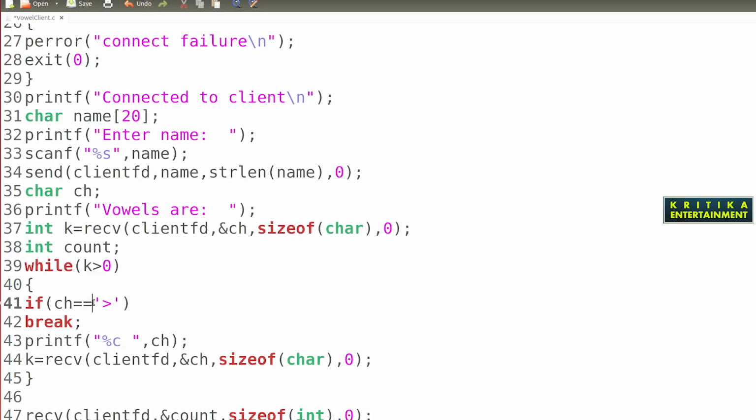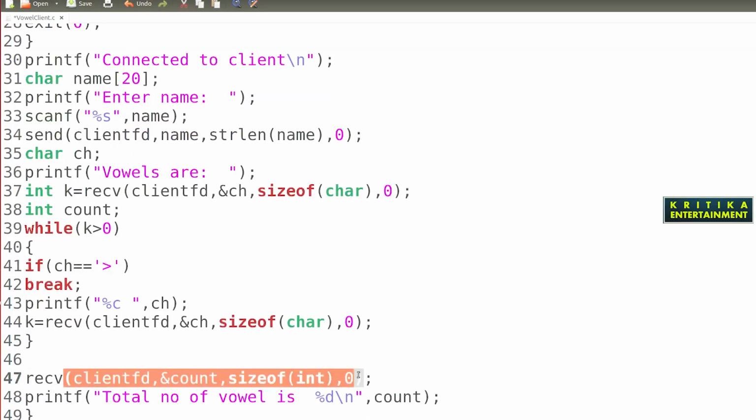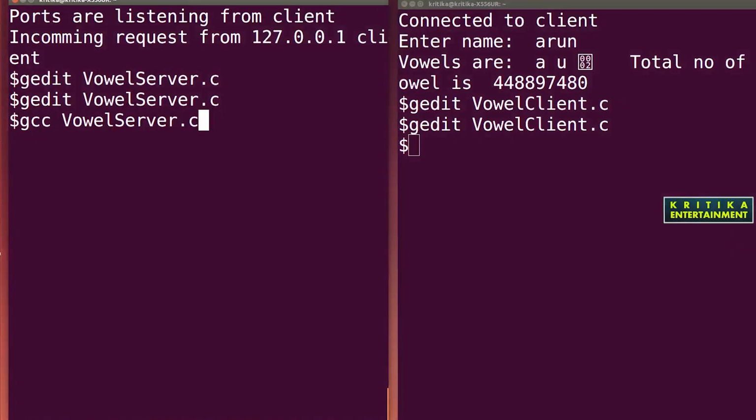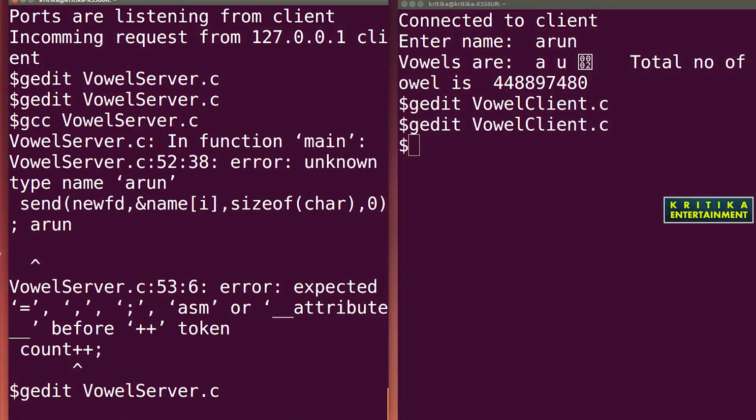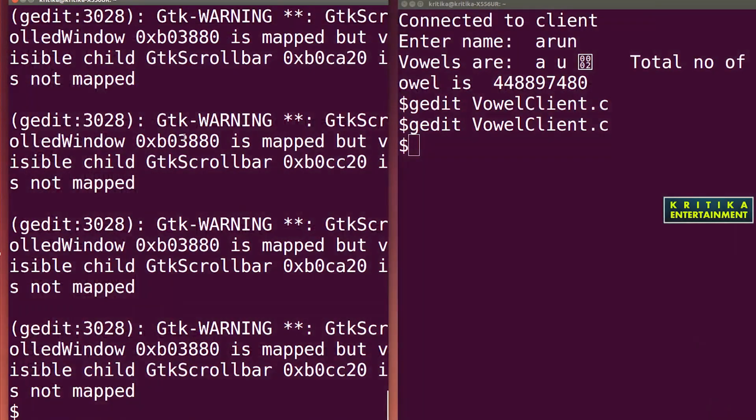When this symbol is met, it will close this loop and then be used for the count variable. Line 53 is the error, 52 and 53, because I have written Arun here, so I want to remove this. Then close, then compile and run it.